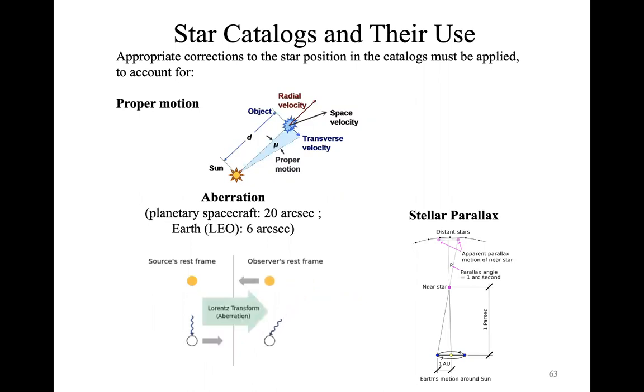So we have seen briefly the errors related to the measurement given by the sensor, the error in W, and the error given by the star catalog, the error that we called in the unit vector V. So the vector error V is given by the proper motion of the star, as we have seen,